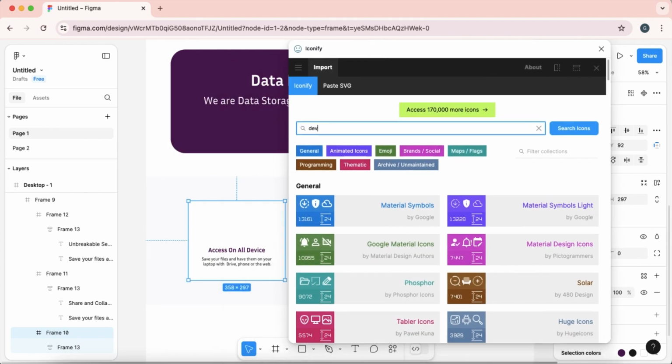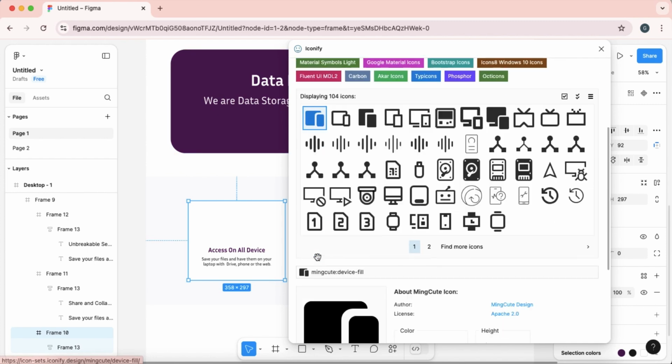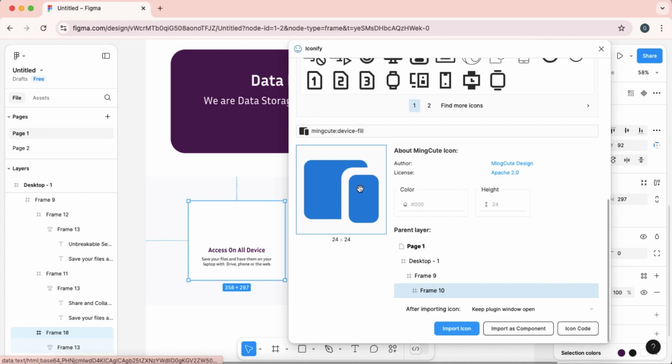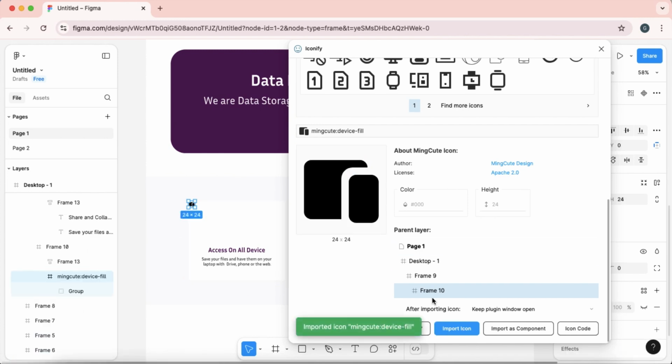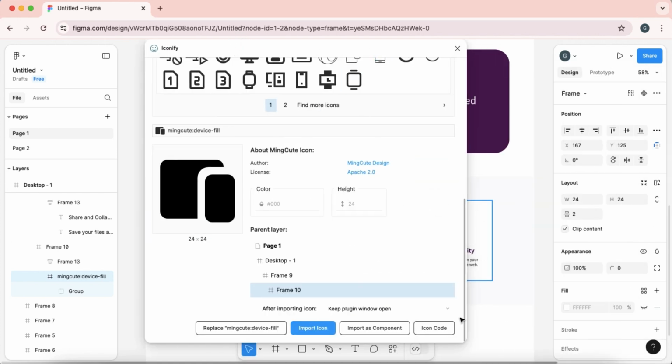Just need icon for like devices. There are numbers of icon, you can pick any one from them. Let's say if I select this one and this one, just simply import icon and just place it in the middle, and